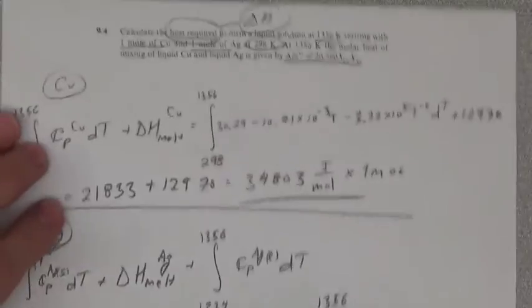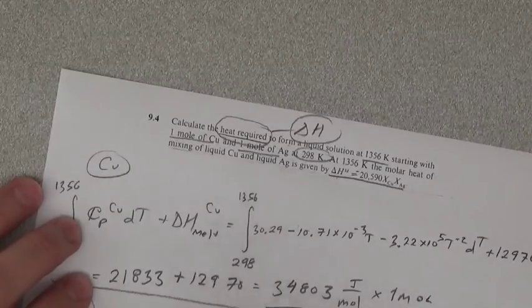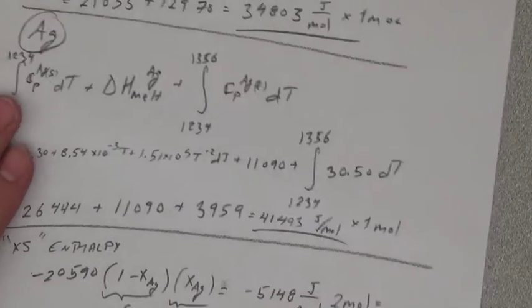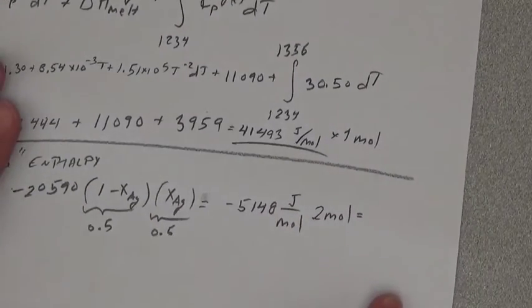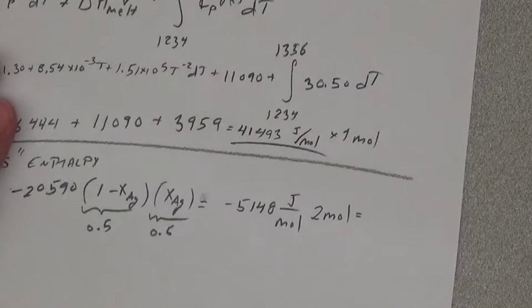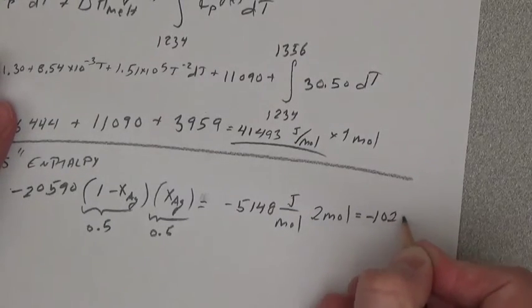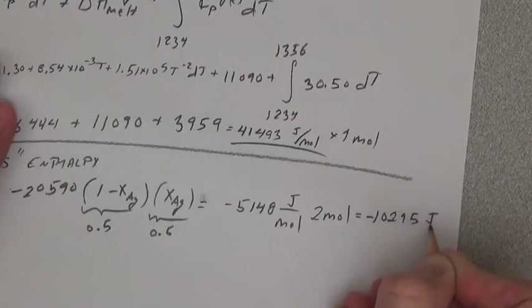But now we have 1 mole of copper and 1 mole of silver, which means we have 2 moles. So that gives us minus 1295 joule,